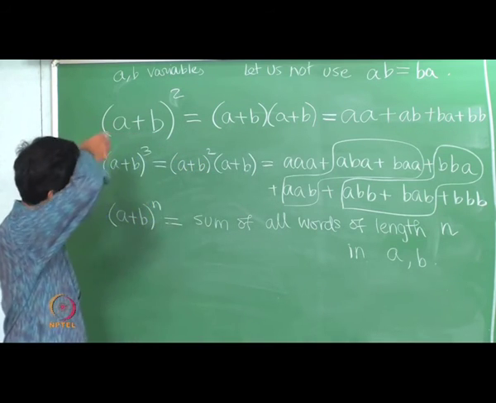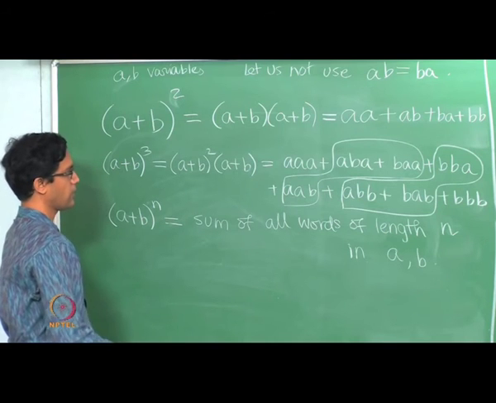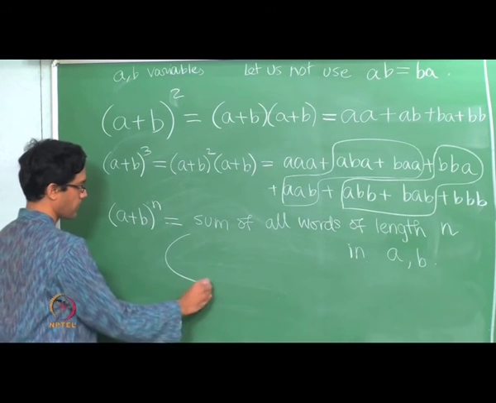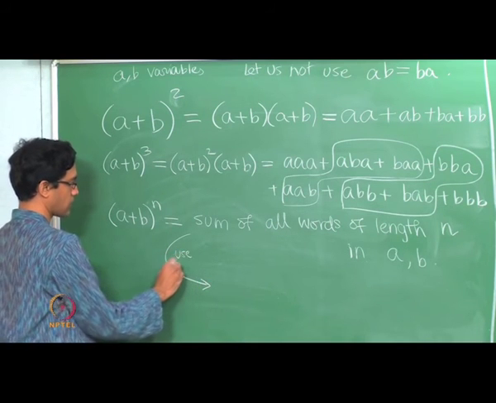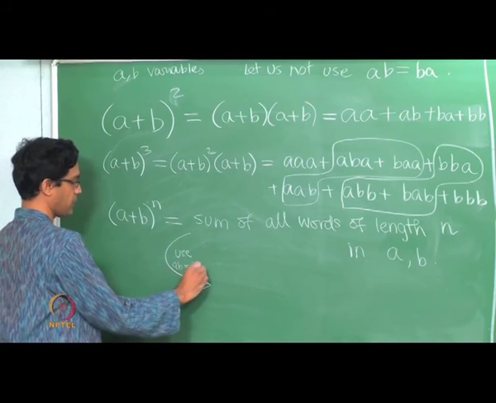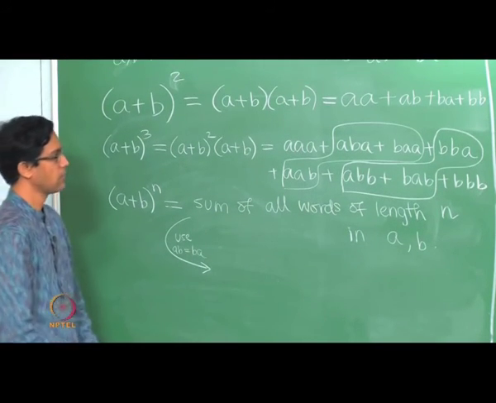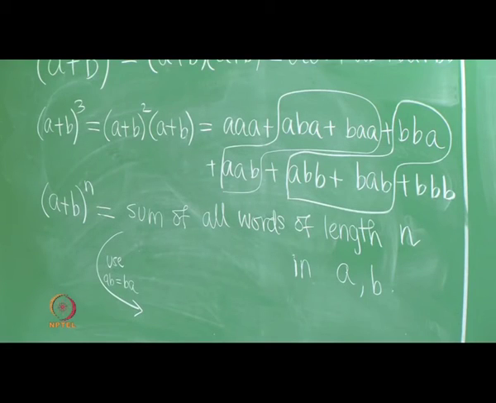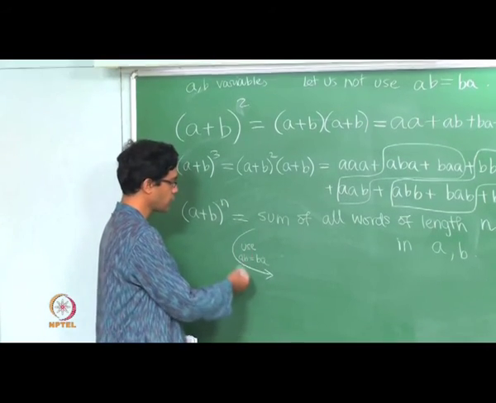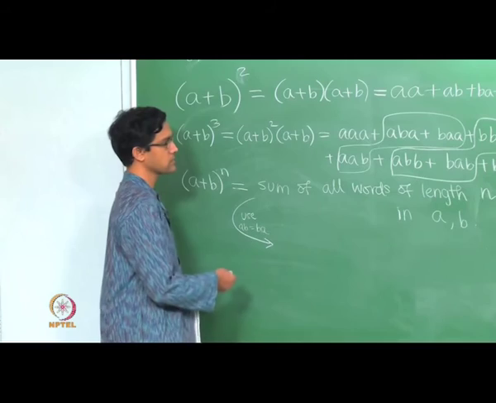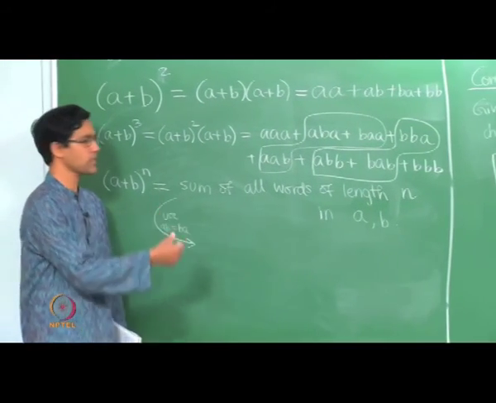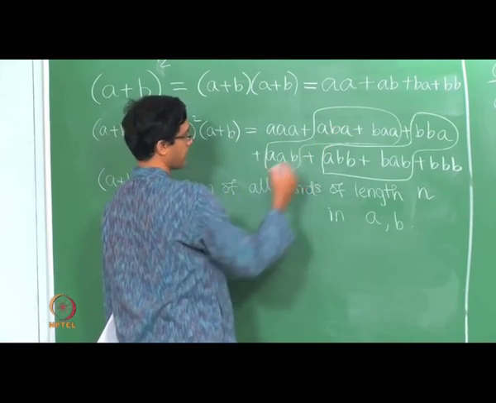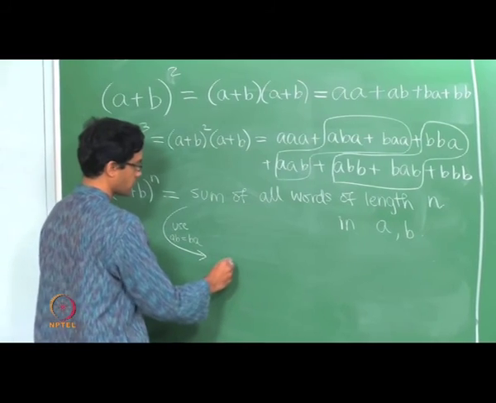And now here's the thing, if you now use the commutativity property, let's now allow ourselves to use the fact that you can move the A and the B past each other. Okay, so we allow ourselves to use AB equals BA, then what happens is that many of these words will now start collapsing into one. For example, here words which have 2 A's and 1 B will all become A squared B, right. So in general it's going to be an expression.